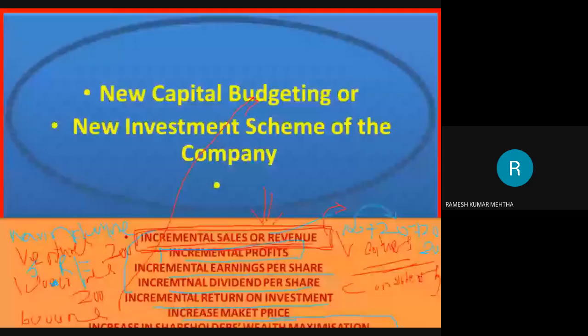So examples are so many. For example, Navin Flooring and SRF are beautiful companies which can be taken as examples. These companies were making profit, and they retained a part of the profit and invested it in new projects. Because of this, after 3 to 4 years, the company's sales have doubled, profits have doubled, and earnings per share have doubled. The company's dividend has also increased, the market will be positively affected, and the shareholders' return also will increase.